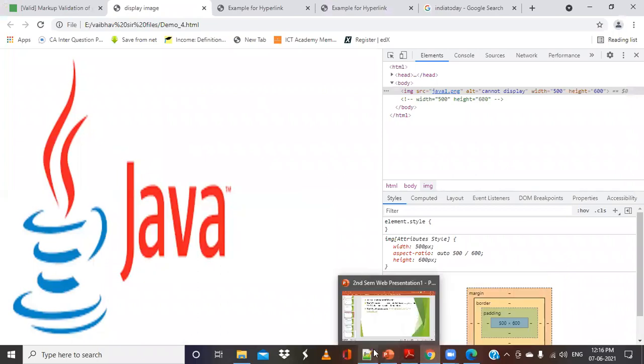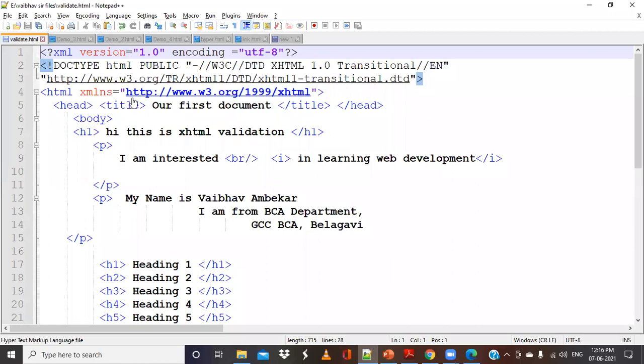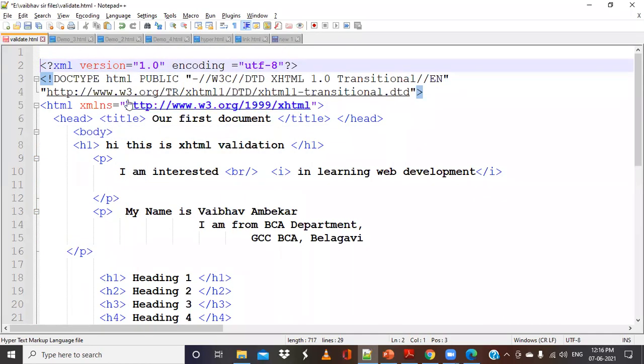Now, about the document version, when you are using the XML and document type tags, if I give a line space, what this standard suggests is that if you are using these XML and document type tags, the XML version should always appear on your first line, but I have written this in the second line. So now if I upload this to the World Wide Web Consortium validator, it will give an error message. So let us try that.